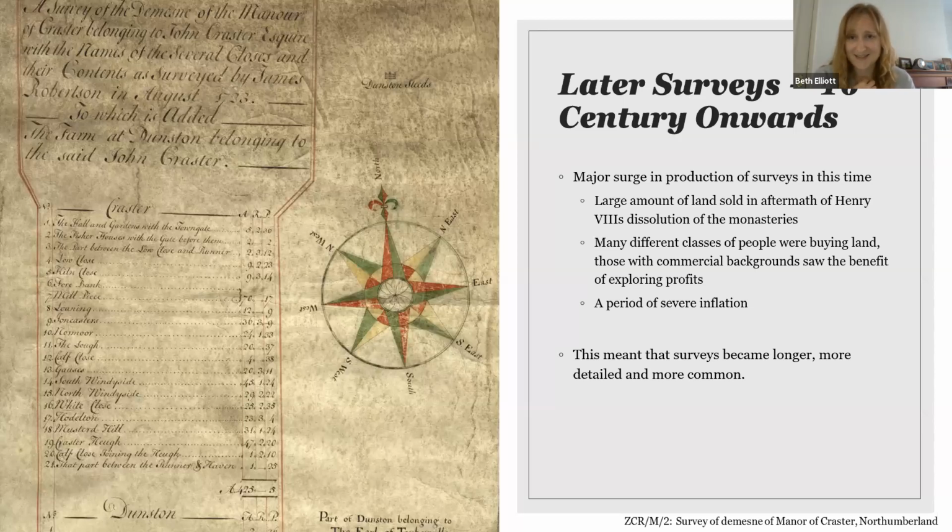As we move towards the 16th century, we see a major surge in the production of surveys at this time, and it can probably be put down to the dissolution of the monasteries. I've not talked too much about manor ownership, just because it's another massive topic. If it's something that you're interested in, the Victoria County histories are a really good place to start. They often detail the history of manors for each individual county. Some counties will also have a historian who's done a lot of research into that area. It's something that I would contact your local county archive about if it's something you're